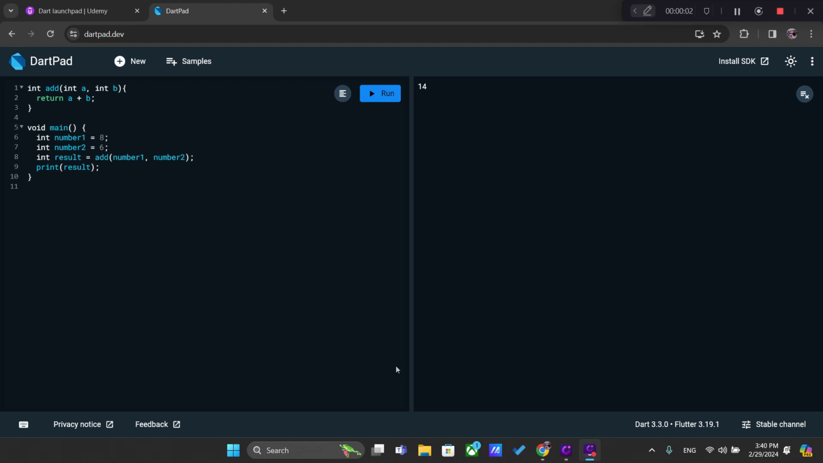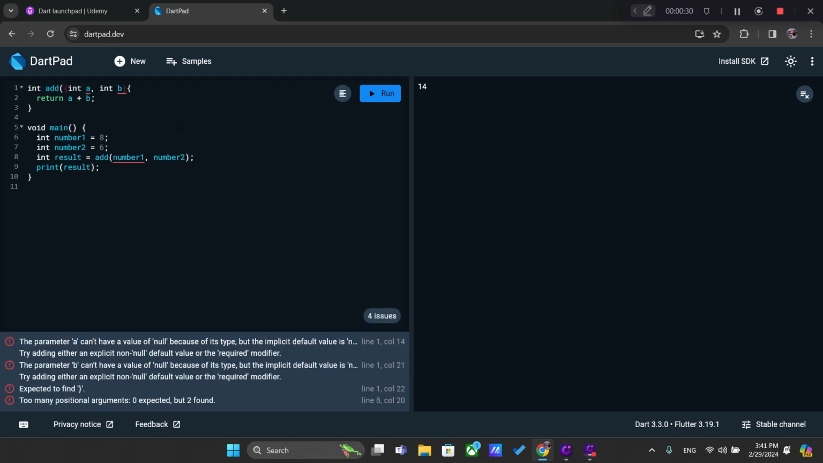As projects grow more and more complex, it gets harder to track which position belongs to which argument. In order to be able to deal with more complex projects, I highly recommend that you use what's called named parameters. In order to make this function accept named parameters instead of positional parameters,